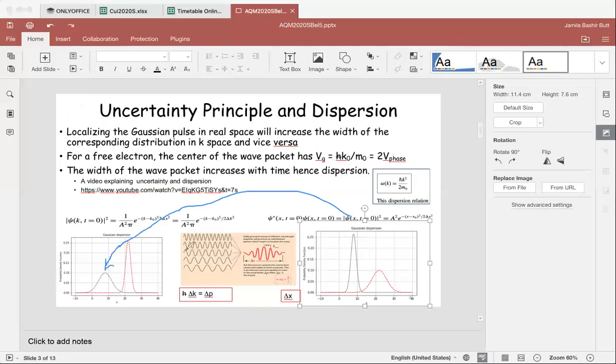For the gray part, when the delta x was very small, you can see that delta p is wider here. Sorry, my lines are not very straight. So this is delta p here,